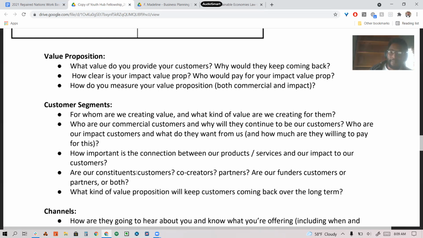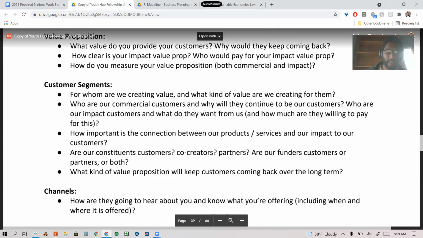And then who are the impact customers, the ones that are maybe ordering the most or putting out the most marketing for you or whatever. How much are they willing to pay? How important is the connection between our products and our impact? So there's a lot of questions that you can go through